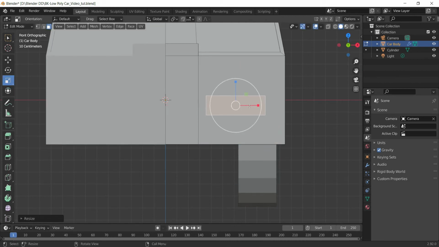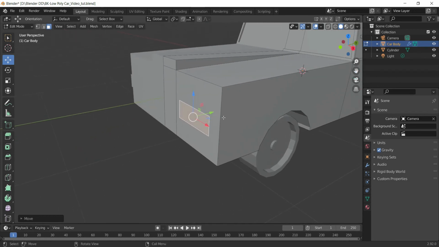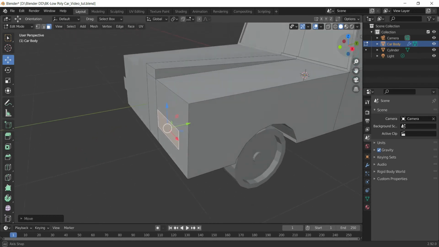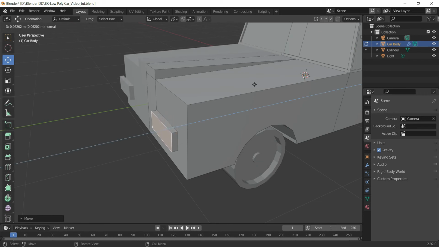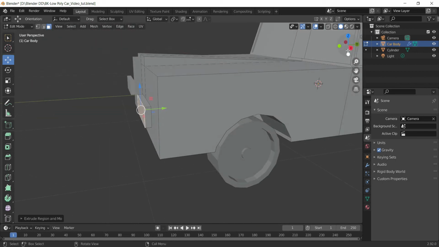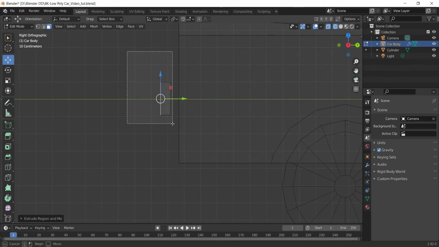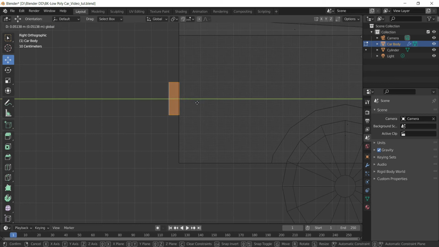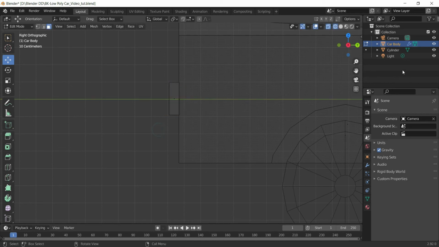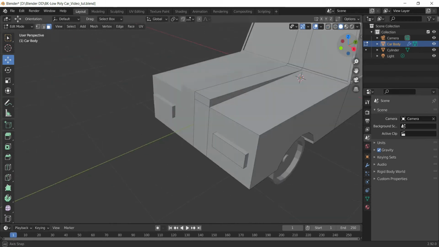So I'm going to keep very standard rectangle looking headlights to match the look with the car. So this much seems good enough, and then I'll extrude it a bit outwards like this. Alright, good enough. Now just place it with the car. So I'll come here and into the wireframe view. I'll select all these faces and push them down like this. Let's check it in the solid view to see how that headlight is looking.